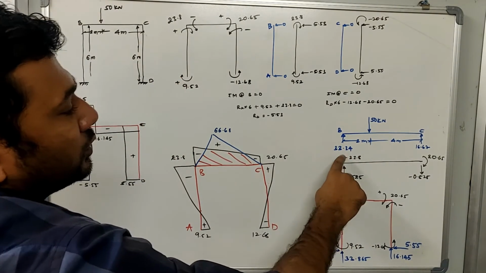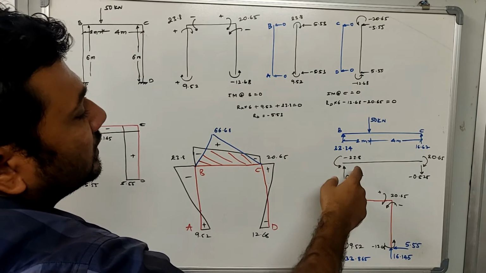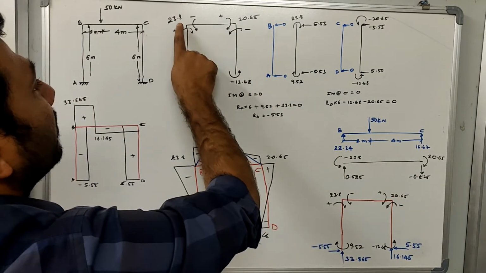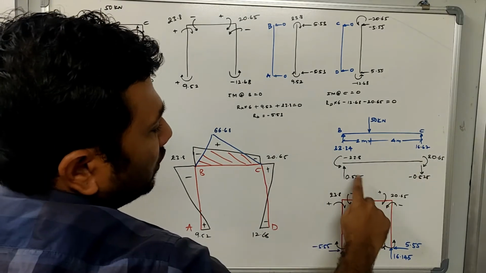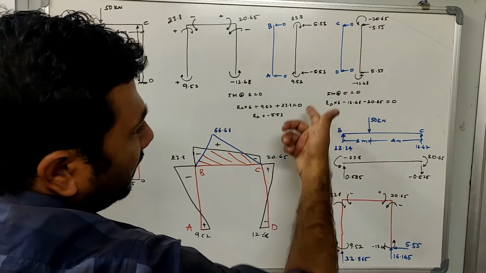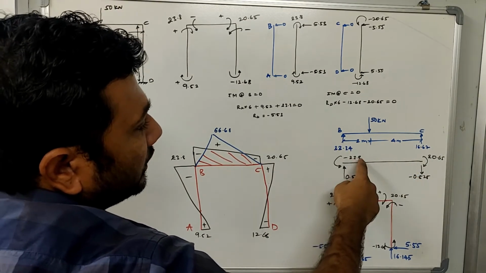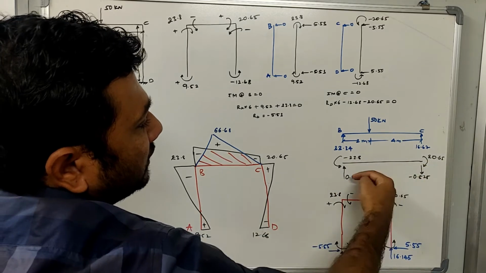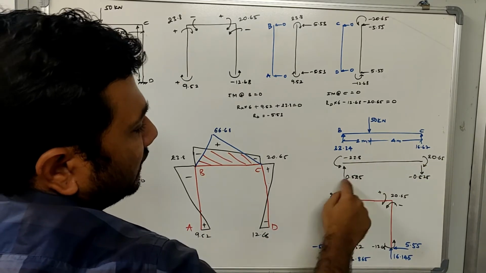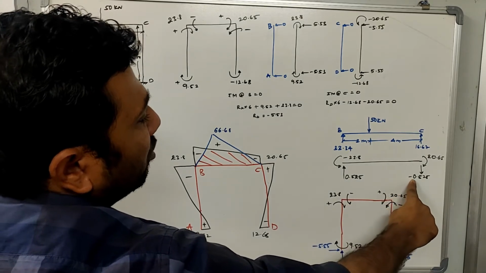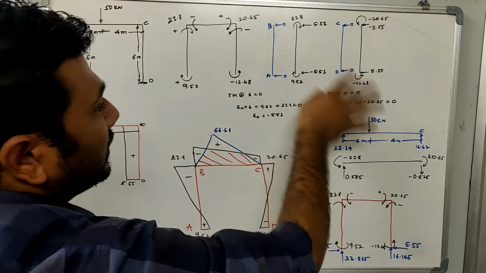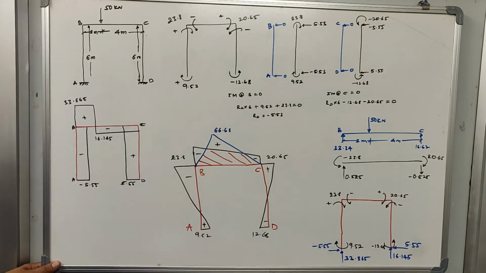Now the next thing is to find out the reactions that are developed because of the end moments. The end moments are minus 23.8 and 20.65. Again, you can solve it by the equation. Here it will be 23.8 minus 20.65 divided by 6, which will give you the reactions. The reaction is 0.525, and this side will become minus 0.525. Once you calculate all the reactions, the next step is to determine the support reactions.